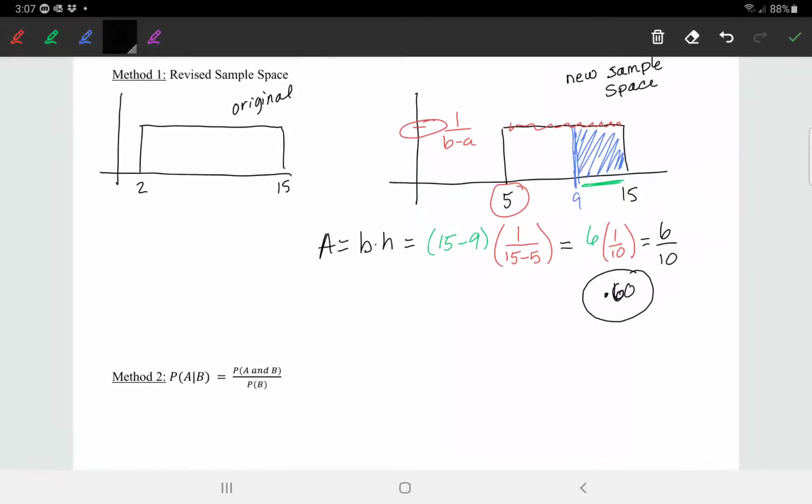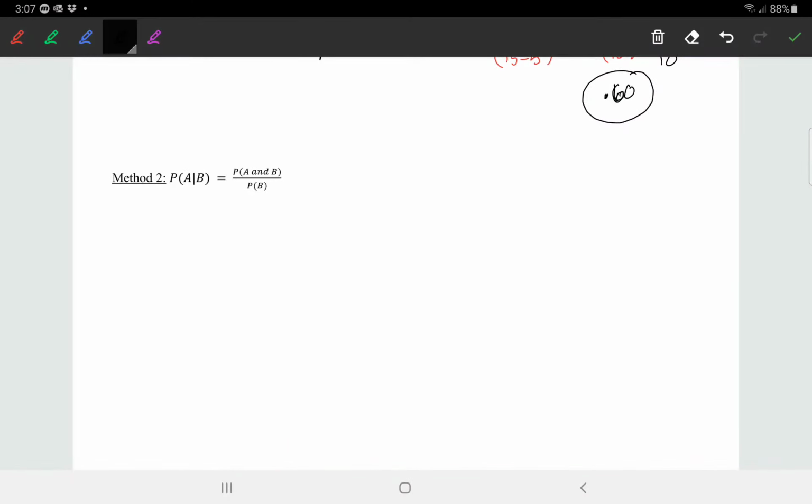Now, we can also use our definition of conditional probability. Remember, the conditional probability says the probability of A given B will be equal to, the numerator is the probability of A and B, and we divide that by the probability of just B. So let's write that for us. The probability that x is greater than 9, given that 5 minutes has already passed, so x is greater than 5. The first event is the probability that x is greater than 9. So A is x is greater than 9,